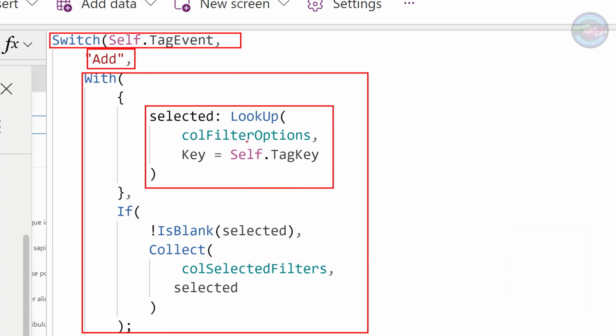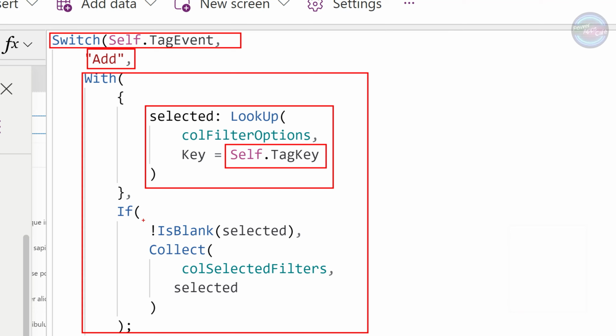It's looking up inside this filtered options. If you remember, that's the filter options we just created inside our onVisible. It's finding the selected item using the key. The tag key that the picker gives us is the key that has been selected. And so it's finding that selected item.